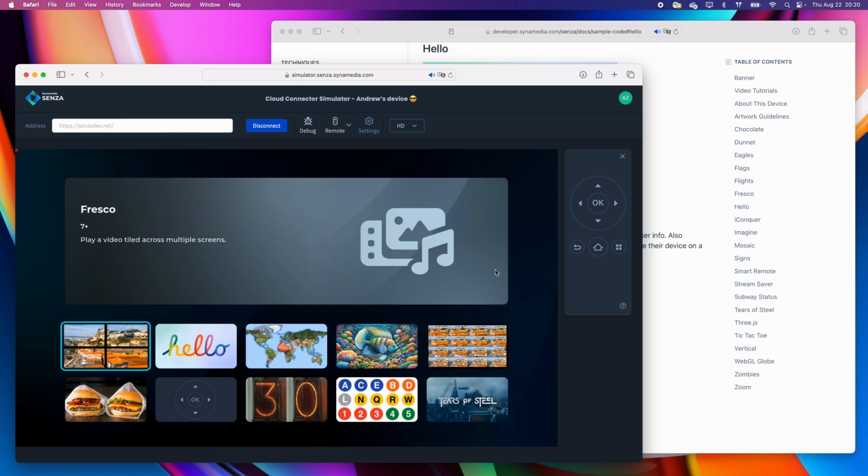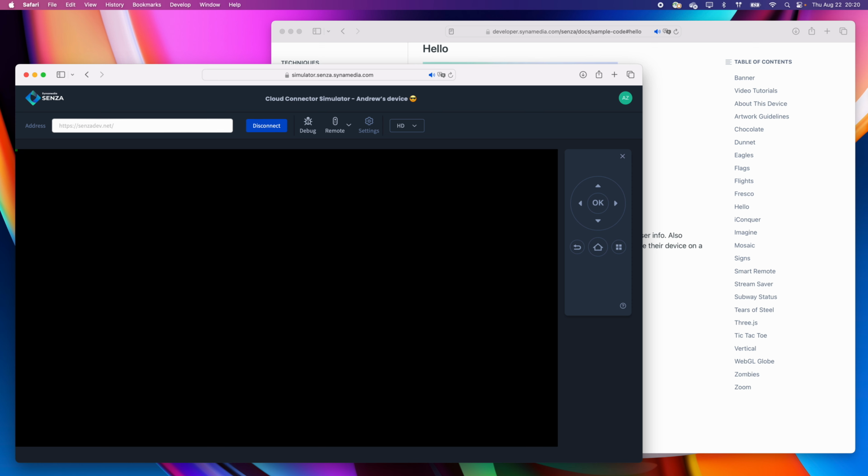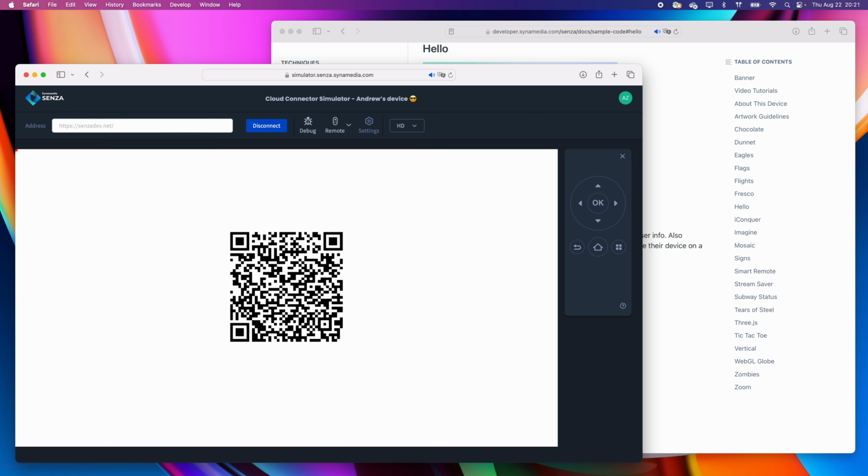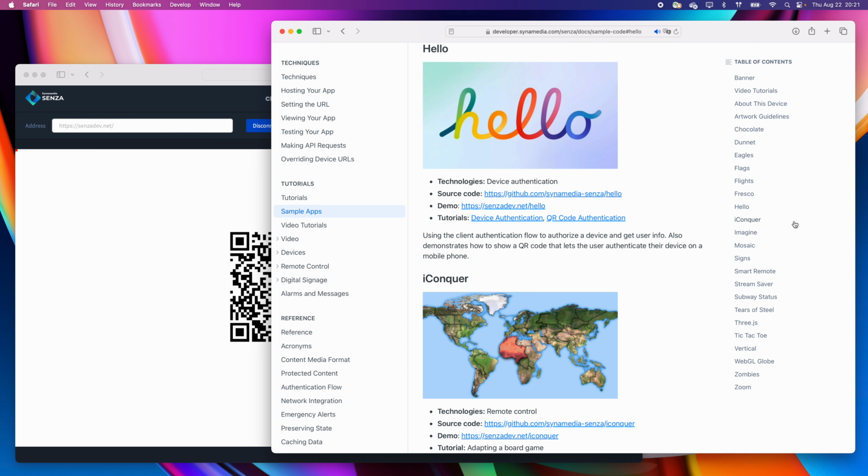Hello is an example of device-based authentication. I believe this device should be registered. We've got a whole tutorial on this. It's not a very exciting demonstration. Normally it would just show me that I'm already signed in, we actually have a way that you can